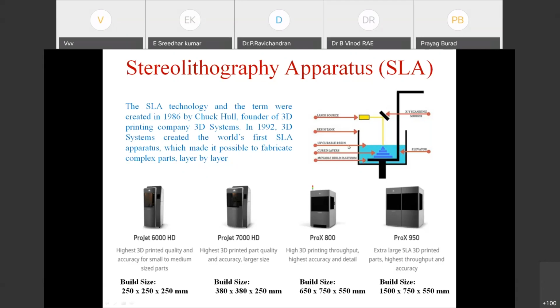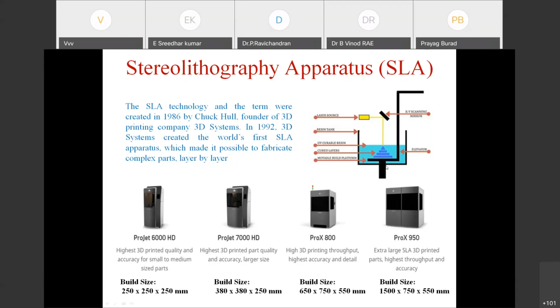Then there will be a resin recoater here that will coat a fresh layer of resin over the build platform. Then the layer information will be taken by the laser, and it scans over the platform. Wherever the laser falls, that area will get solidified. Layer by layer, the solidification happens here. So that is the reason we call it layer manufacturing. This process will go on till the completion of the build. In case there are 300, 400 layers in the part, this process will continue till almost all the layers are complete. So once the build process is over,